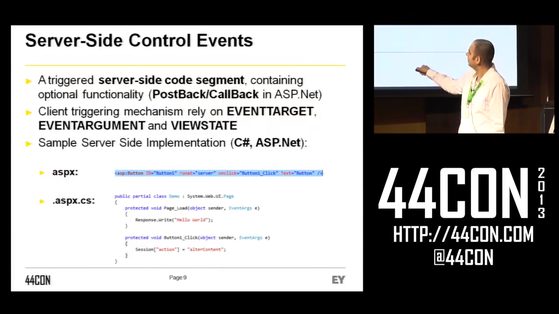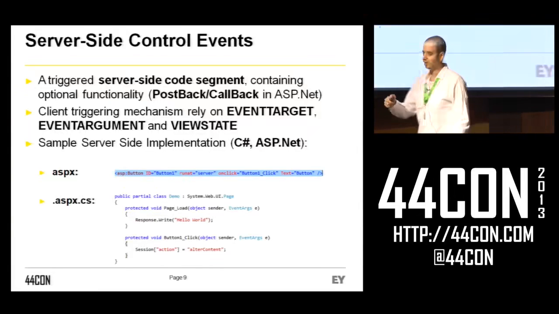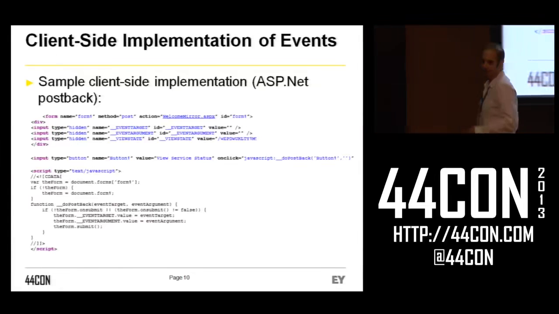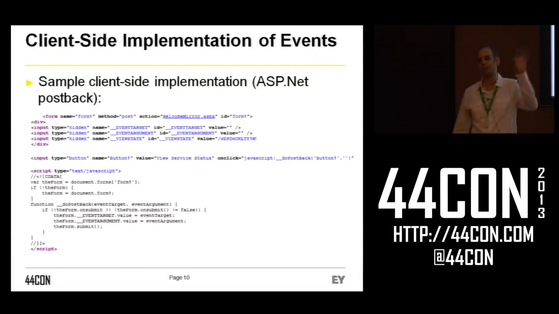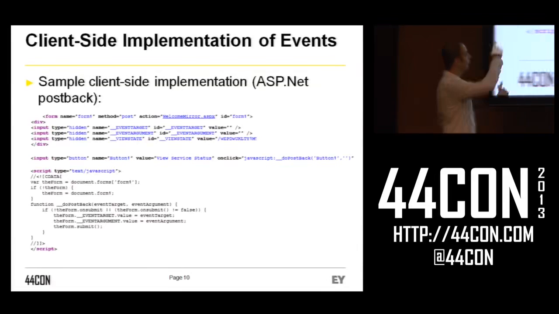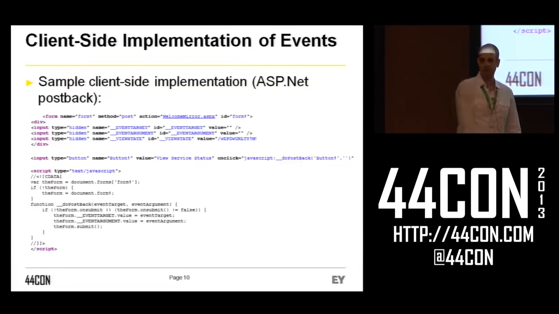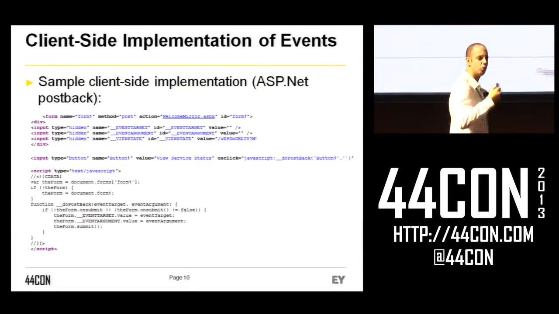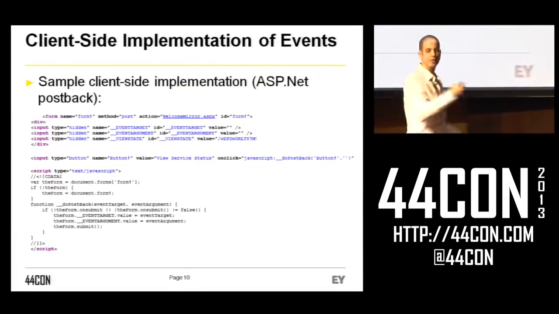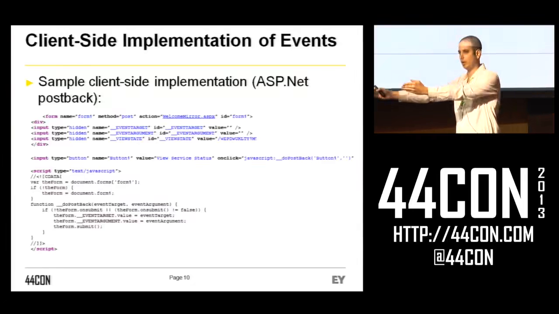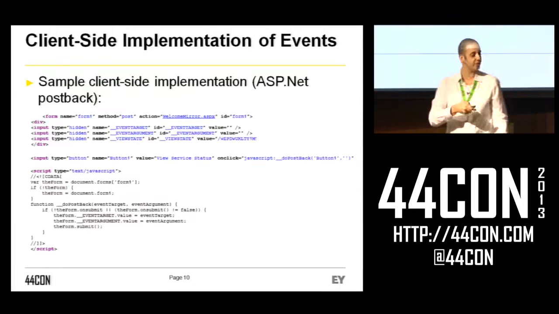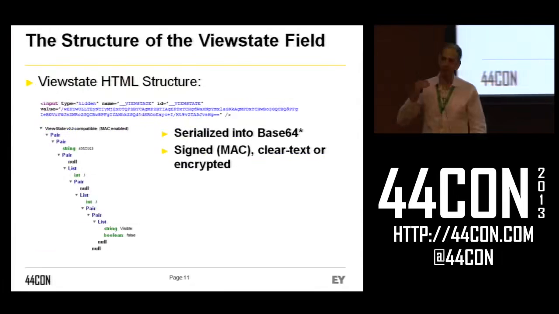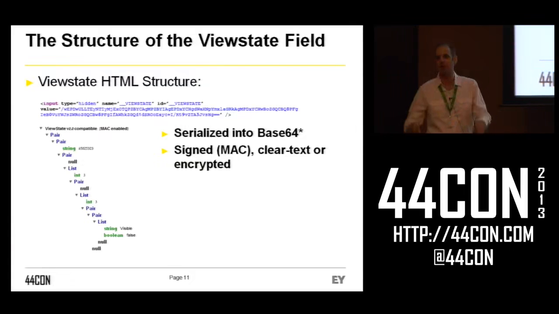It's implemented as an event, and it's executed from the client side using either postback or callback methods, which are generally methods that send a couple of interesting parameters to the server: the event argument, the event target, and the view state. Now, the event target and event argument are pretty simple. They tell the server which control to execute and which arguments to deliver to that control. But the view state field is a bit different. The view state field is a base64 serialized collection of properties that represents the current state of the page